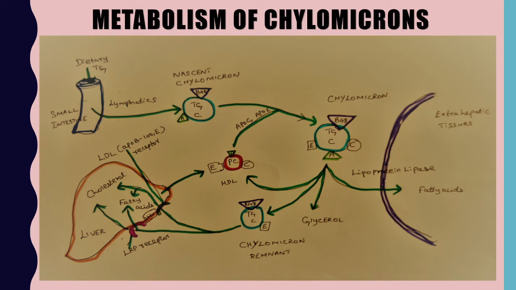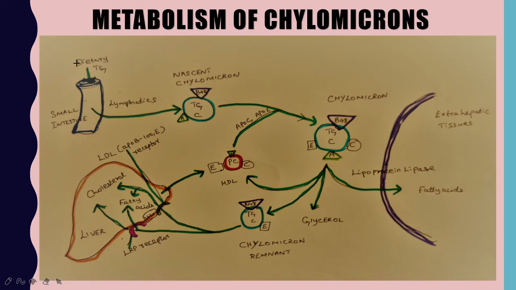The catabolism of chylomicrons is very rapid. All these steps that I have explained are very rapid steps, and the half life of disappearance of chylomicron from blood is about 60 minutes in humans. Within 60 minutes the entire chylomicrons will be degraded or metabolized in the liver. So this is about the metabolism of chylomicron. I'll recap again.